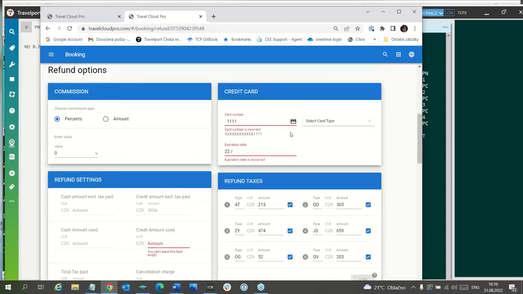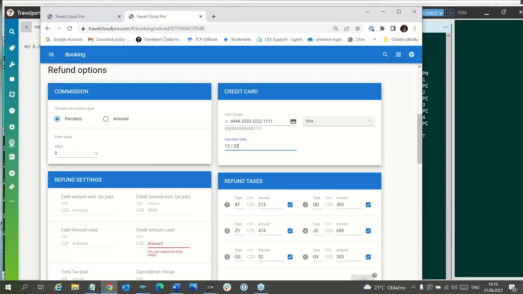So here I have to enter the correct credit card. Here is the correct credit card. The expiration date was, for example, 12/23.